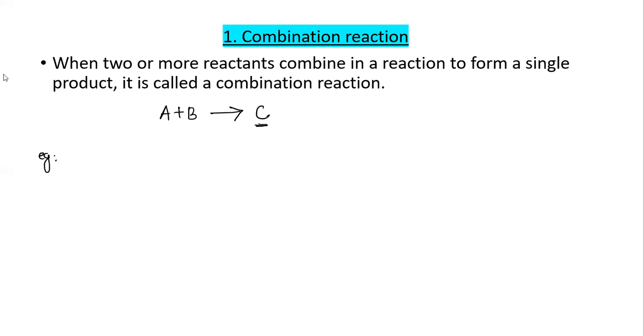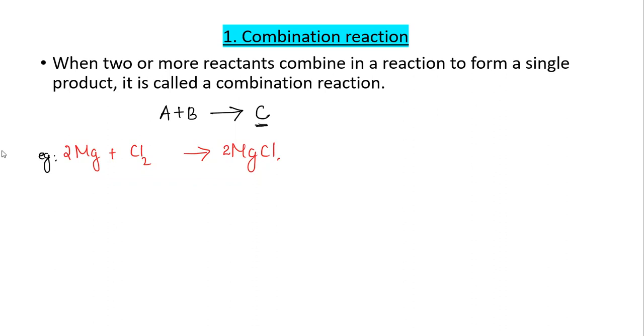For example, magnesium combines with chlorine. We know that magnesium combines with chlorine and forms magnesium chloride. No need to learn the equation by heart. Just write the equation and then balance it. Mg plus Cl2 gives MgCl. Here 2 chlorine atoms are there, so on the product side also 2 chlorine should come. So I am multiplying here with the 2. Now magnesium also became 2, so here also multiply with the 2. So we got 2 Mg plus Cl2 gives 2 MgCl.